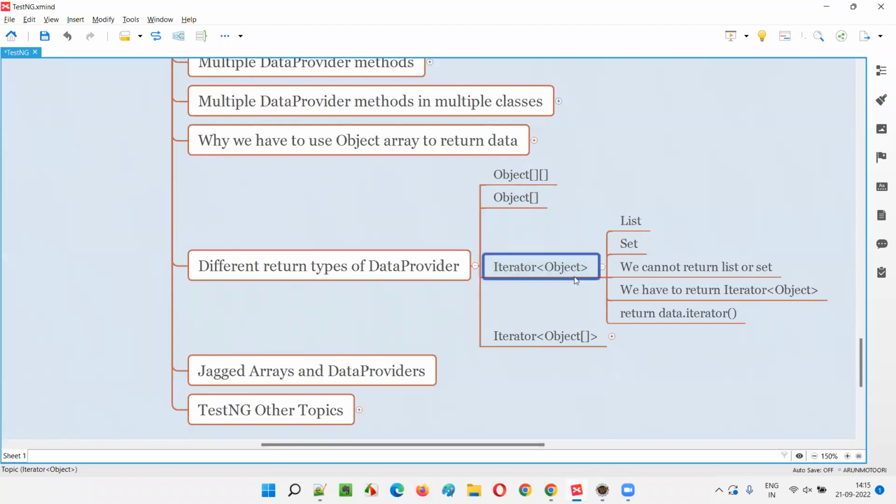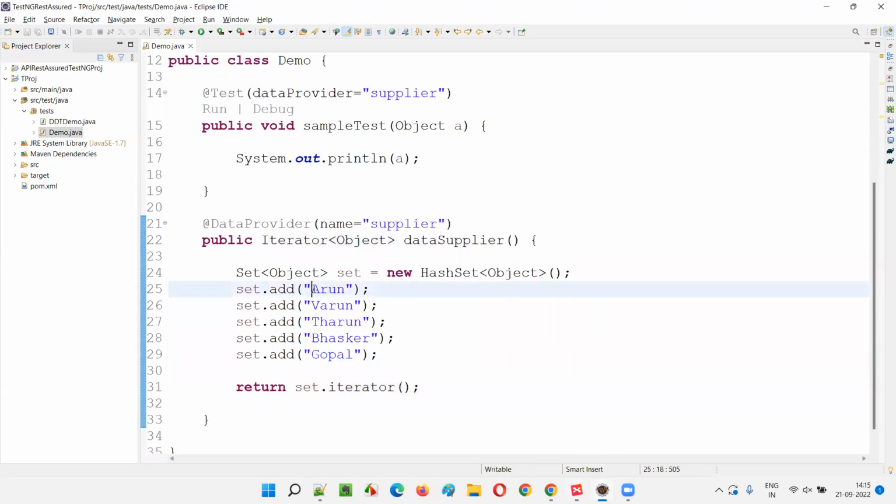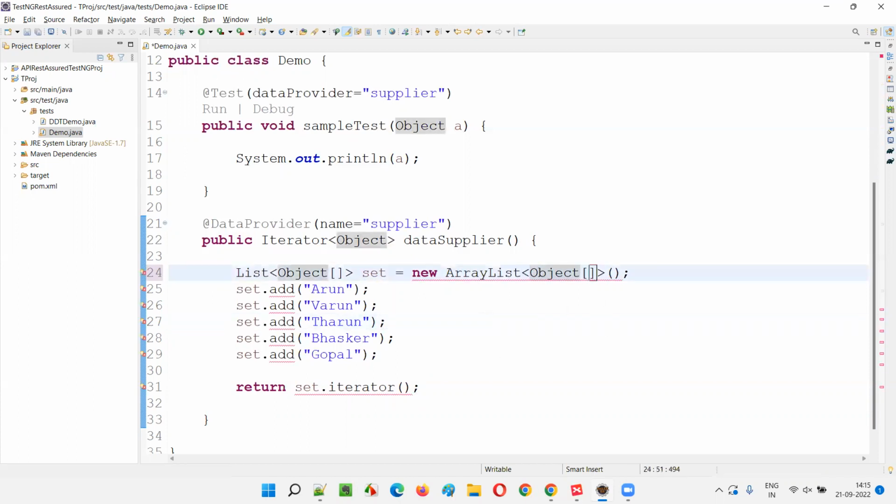Fine. Now, finally, we came to something known as iterator of object array. Here, how many counts of data for every set of data is there? Only one count is there. But if you want to have multiple counts of data for every set of data you want to pass, then what do I have to do? I'll just change it to list for a while. List is easy compared to this. I'll say array list of object. Instead of object, I'll say object array. Here also object array, I'll say. Now here I'll say list dot